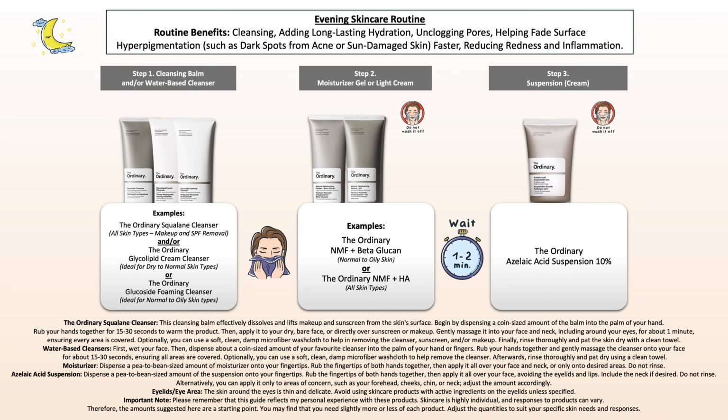Now that we've covered that, I would like to move on to my example skincare routines, as there are certain combinations which can be very confusing, especially when it comes to moisturizer formulations. The Ordinary Azelaic Acid contains a significant amount of silicones, so it's generally layered as the last step, unless your moisturizer contains a higher amount of certain mineral oils, which The Ordinary currently does not offer. Therefore, with so many possibilities, the best approach is sticking with The Ordinary brand, especially if you are not familiar with individual ingredients.